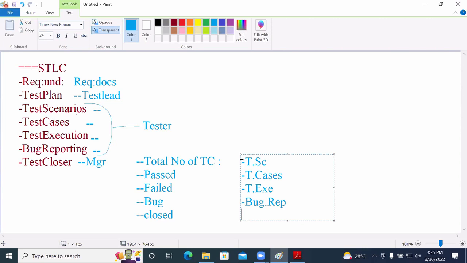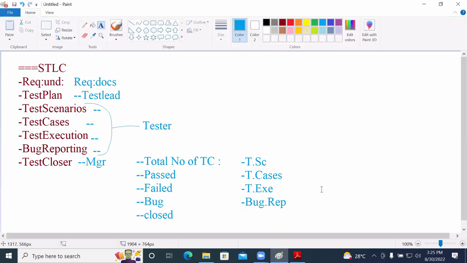And then the manager will set up a meeting with the client. And then they will discuss what the next level activity needs to be done. Are there any enhancements in the project, or does the whole project need to be stopped, or kept on hold? What exactly the next level activity needs to be, will be discussed here.